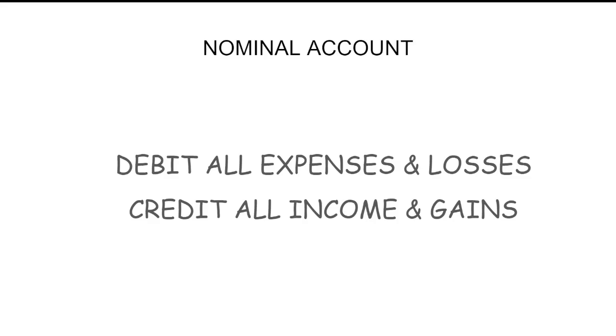So first of all, you should know the types of accounts, you should be able to identify the type of account, and then the respective rule will be applied. Okay, now these are the rules which are given, but application of those rules is very important. So in the next video, we will be learning how to apply these golden rules of accounting. Then only you will be able to decide what is to be debited, what is to be credited, and you can frame a journal entry out of it.